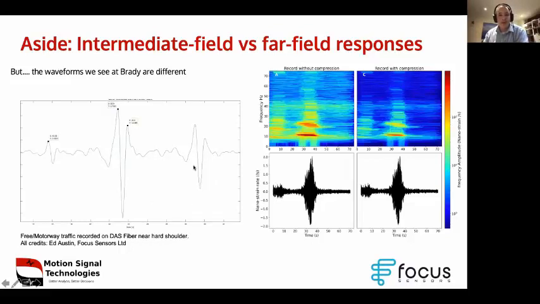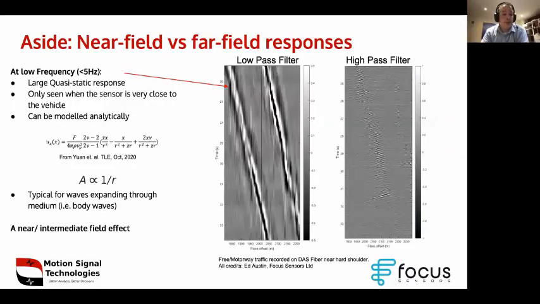At Brady, we don't see this sort of nice, simple shape. I know these plots are on slightly different scales, but they're not that different. Instead of this nice low frequency stuff, you're seeing a more emergent style of pulse. And the explanation for that, I think, is actually kind of interesting. It comes from considering the frequency content of typical